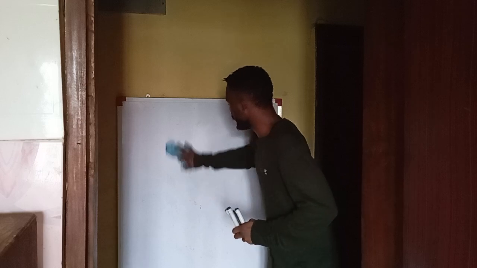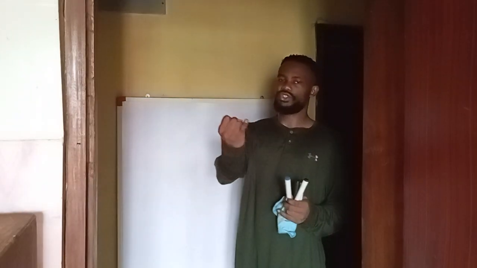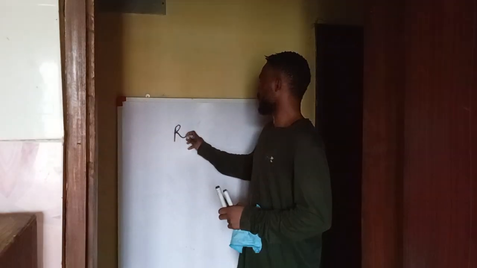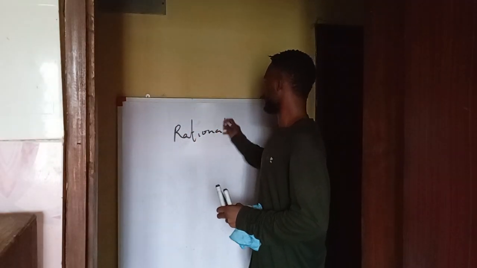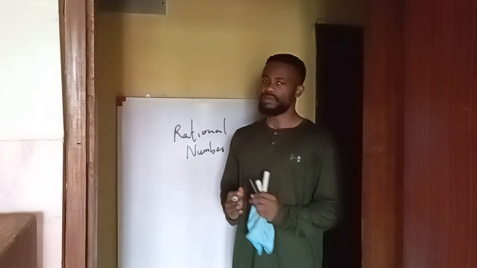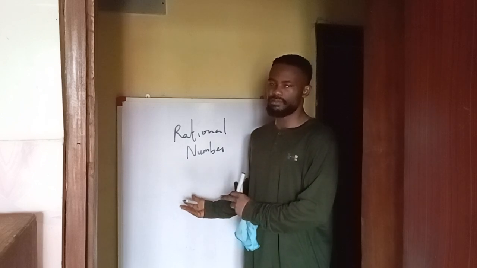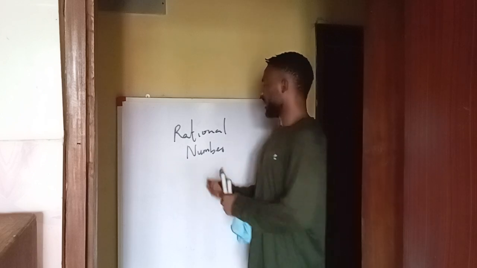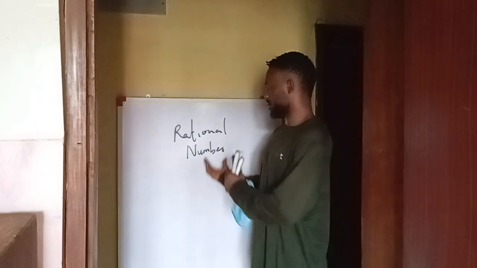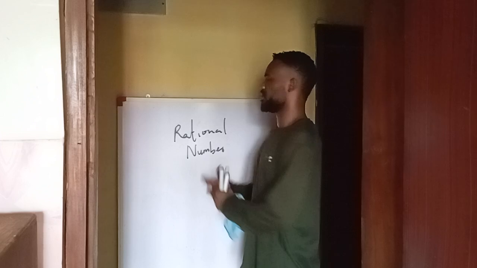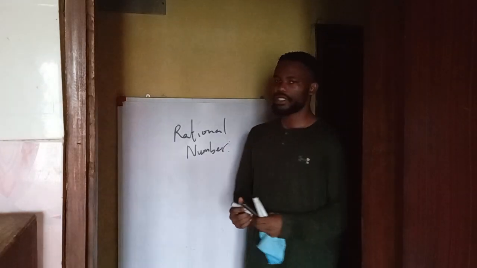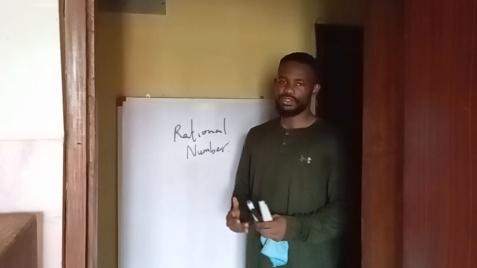So if you look at it very well, we've gotten natural numbers, whole numbers, and integers. So let's treat what we call the rational number system. Remember, we are not doing an example, we are trying to introduce this number system for today. When it's time for examples, I like to make use of our book class, more of the book class than the board class. So for the rational number system, we say that rational numbers are the set of numbers